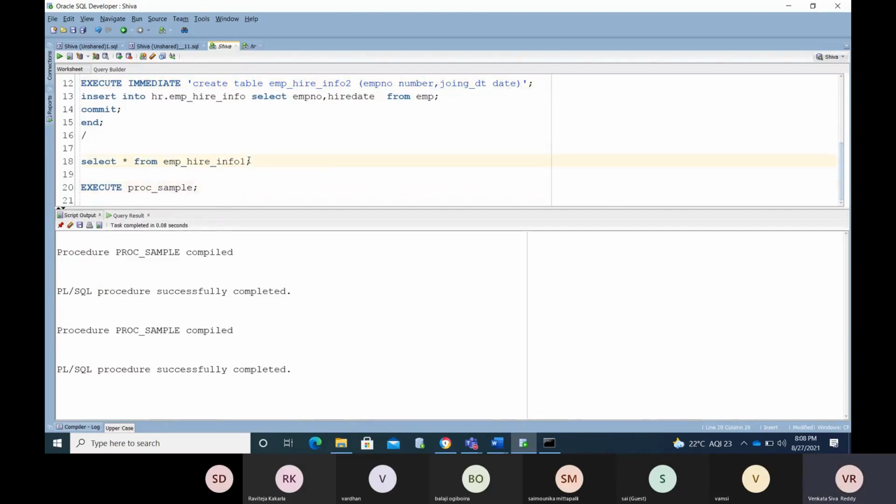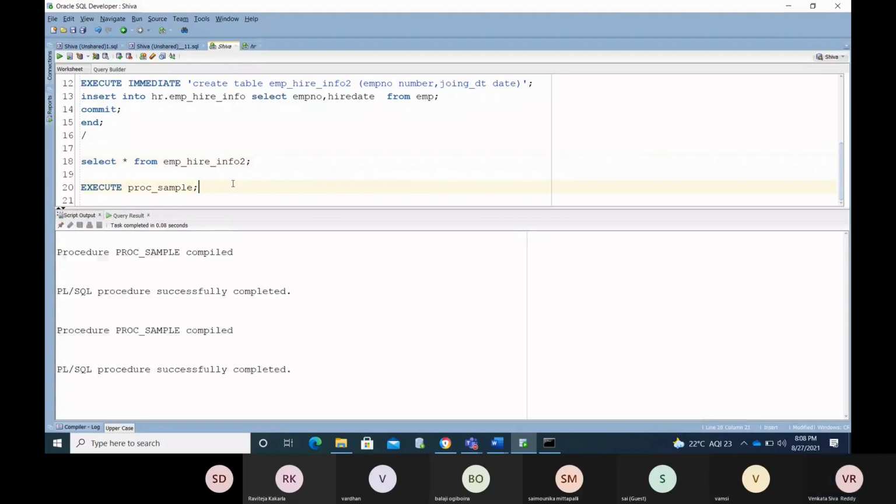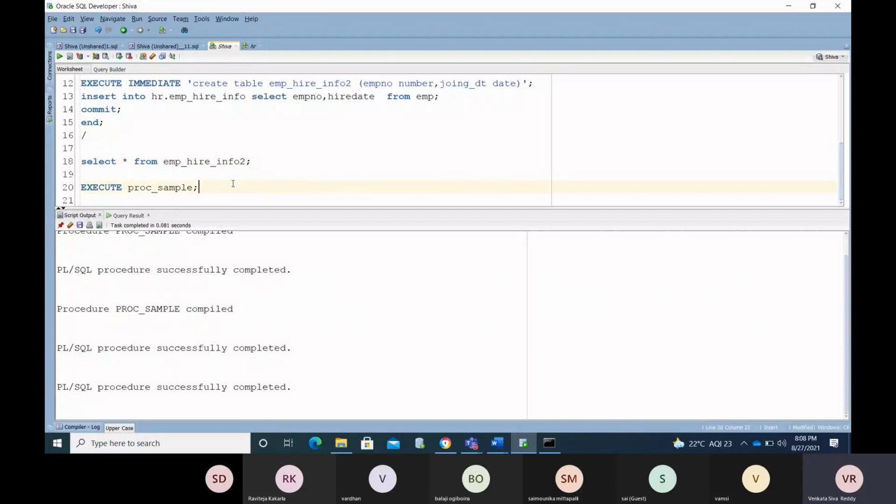The procedure is compiled and successfully created. See here, now the table is created. You can run it any number of times because the procedure performs conditional checks. It verifies whether the table is already present, and if it is, it drops and creates it.